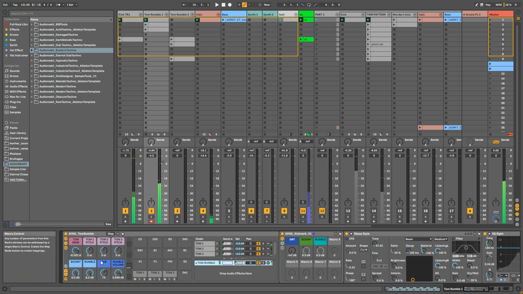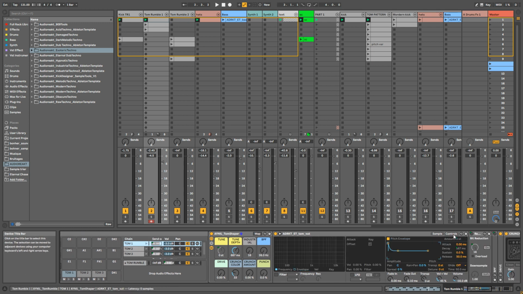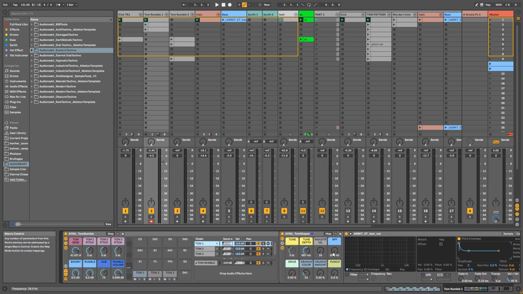And then obviously you can experiment. I have assigned the send, like how much of the tom you want to send in the reverb here, in the tom rumble. And so I've put 3 toms, because usually it's low, mid and high, and you can pitch each tom. Basically I assigned the pitch envelope because I couldn't assign the transport. I would love to be able to assign the transport, but I couldn't, because I needed to put it in first in this rack to assign it then in this rack. But anyway, I applied the pitch envelope amount, which is going to pitch the sound a little, and you can